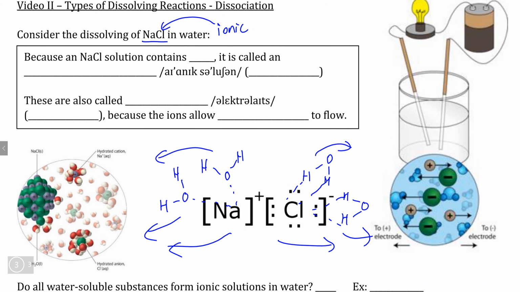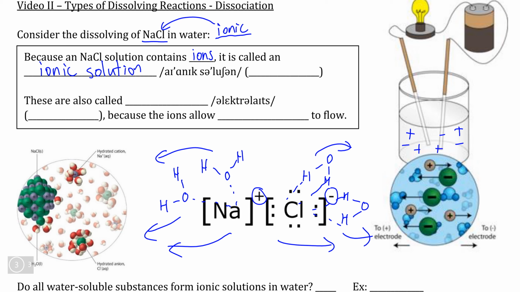For this reason, if we have an ionic compound, the solution of that ionic compound is going to contain the separate ions that came from that ionic solid itself, hence why we call salt water an ionic solution. Now, because Na plus and Cl minus have charge, when we completely dissolve an ionic solute, that charge is going